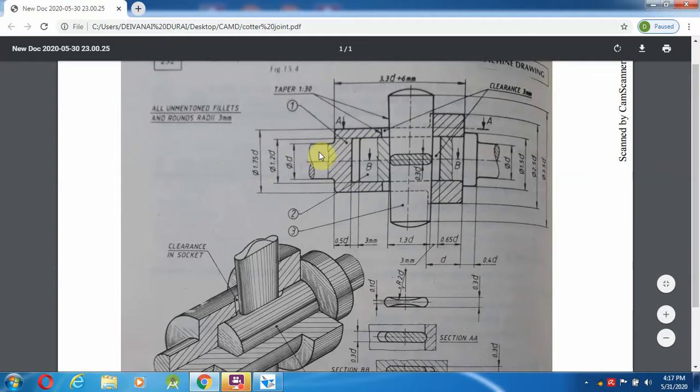For example, 1.2d means whatever diameter is given, we multiply it by 1.2, and like this we find the distance or diameter of the particular area.